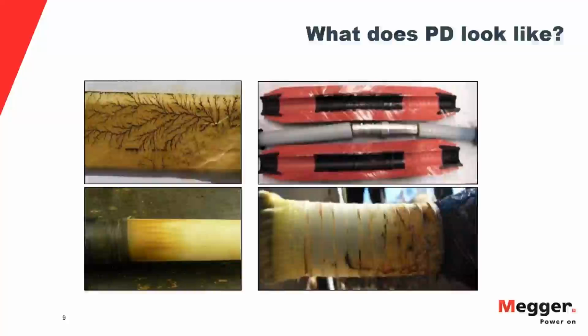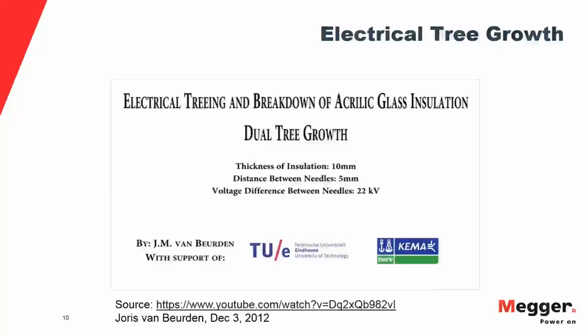So what does partial discharge look like? In the top left corner, we have an example of partial discharge in a paper insulated conductor, where this electrical tree is growing and growing, goes for a very long period of time. In the lower left corner, we're seeing partial discharge coming off of the semiconductive area of the cable. In the lower right corner, what we see is where somebody went to peel the semicon off, and their tool was set a little bit too deep and wound up scoring or scratching the insulation underneath. And all of these stripes going through the cable are places where that tool scraped the insulation,